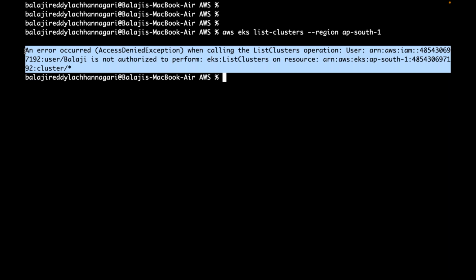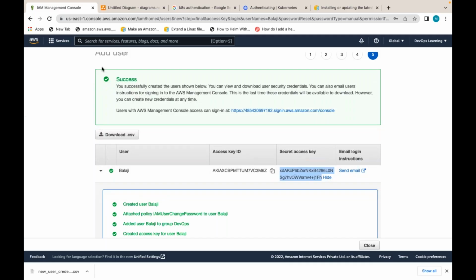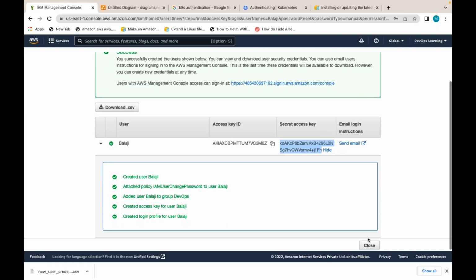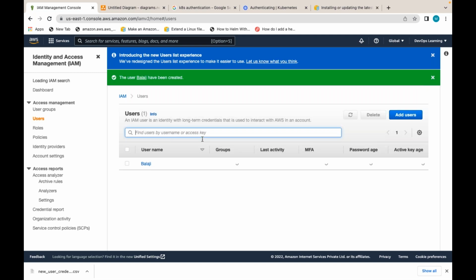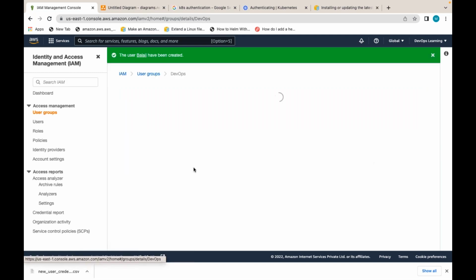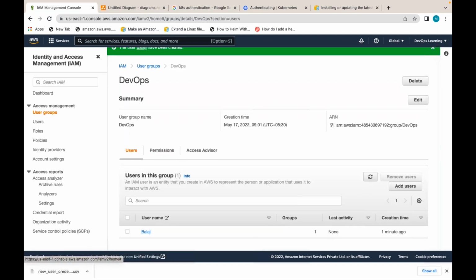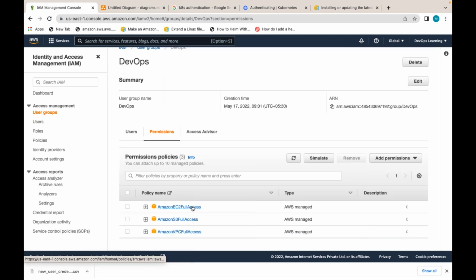As of now, this Balaji belongs to which group? This Balaji belongs to the development group, the DevOps group. Is the DevOps group attached with the required AWS permissions? Now the DevOps group as of now has only these accesses: EC2 full access, S3 full access,